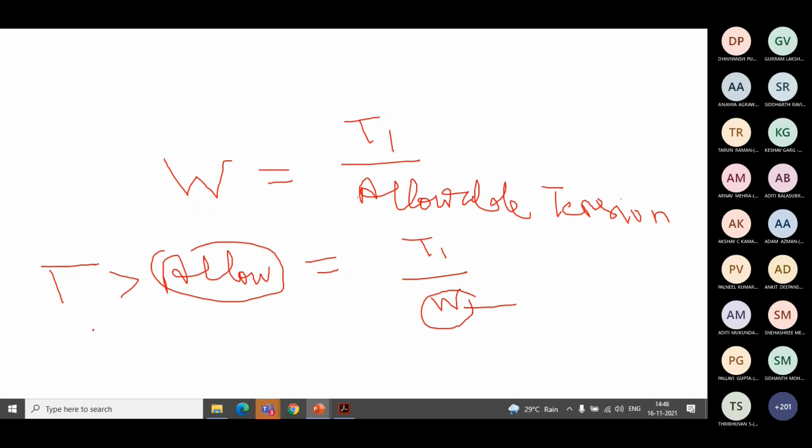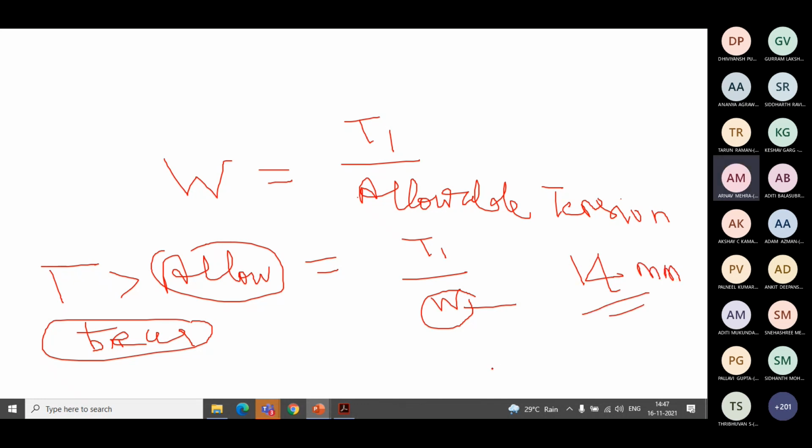So what can happen to the material? It can break, sir. It can break or it can tear. But is it advisable to use a higher value instead of 13.2? Can I use 14? No, sir. Why? Some factor of safety you can give, right? Some allowance you can give, and instead of 13.2 you can take 13.4. But if you add too much, it will be a waste of material.